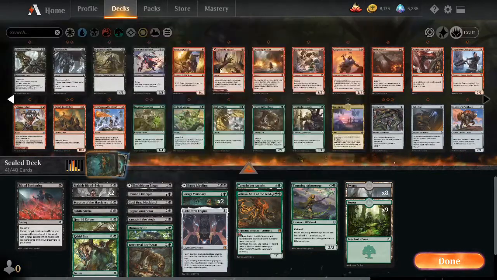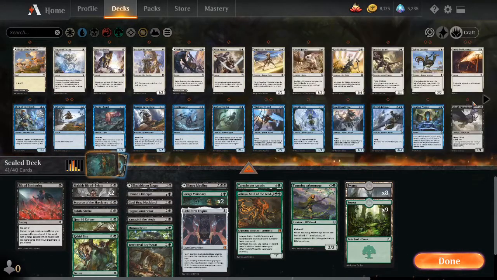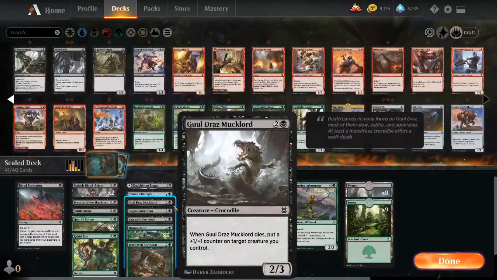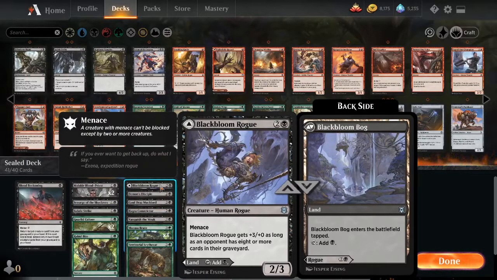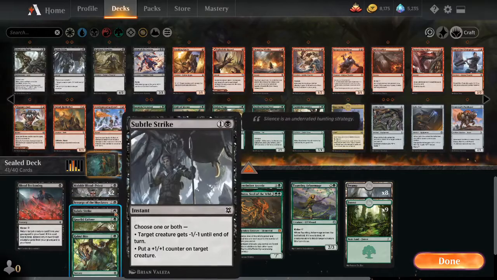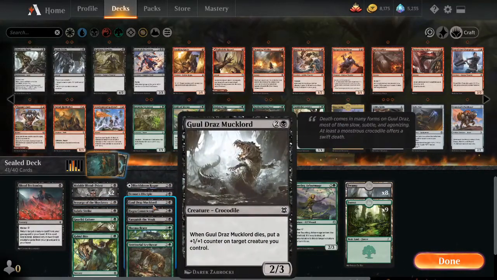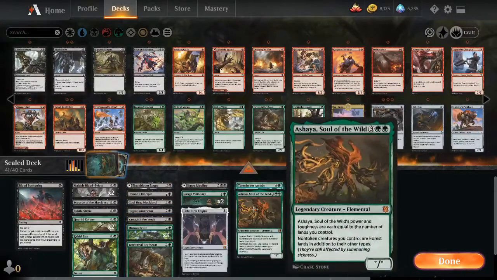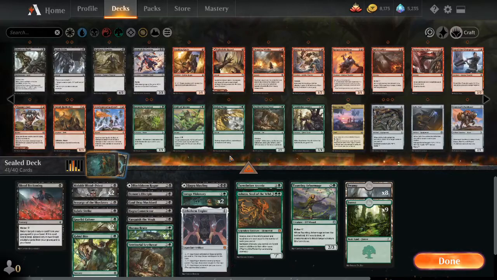Maybe we just need a flyer, though. If we do go up against a flyer-based deck that has Merfolk Falconer staring us down, maybe we need a way to actually trade with those, because we don't have a ton of removal, right? That's the biggest problem I see with this deck, is we're just going to get beaten down by flyers. We have some ways to gain some life back, but we've only got like 2 real removal spells in the form of Vanquish the Weak and Hagra Mauling, which can deal with flyers, but maybe we just